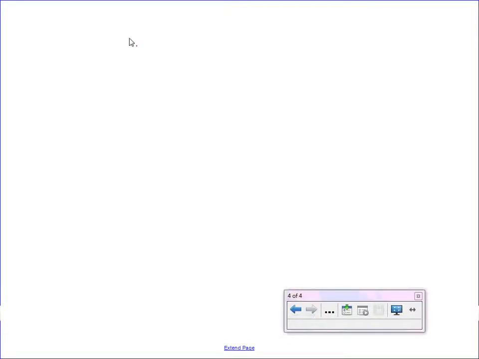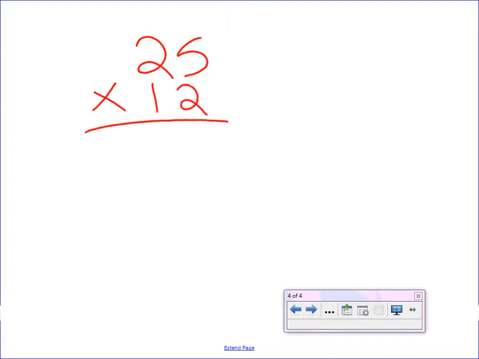Now, I'm going to write this problem. And this is the way that I actually learned it growing up. And I'm guessing most of you don't know this method. And what I'm going to do is write it out the way that is called traditional, and I'm going to write it out another way to actually show the problems. We would do the ones place times the ones place, so 2 times 5, and that would give us what we call 10. We put the 1 up here. Okay? Then you're going to do 2 times 2, which is really 2 times 20. And 2 times 20 gives you 40, and we add the 1, which would be